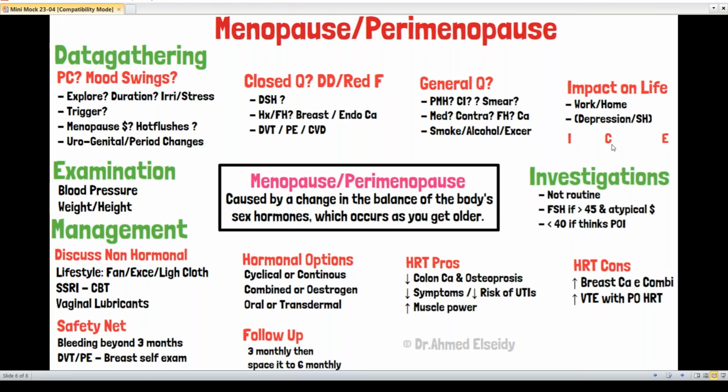Idea. Concern: what is worrying you the most, Amy? Anything in particular you are worried about? Expectation: have you given any thoughts? How can I help you today? Yes, doctor, I would like to try HRT. I talked to my friend and she told me there is a hormone medication that can help me.